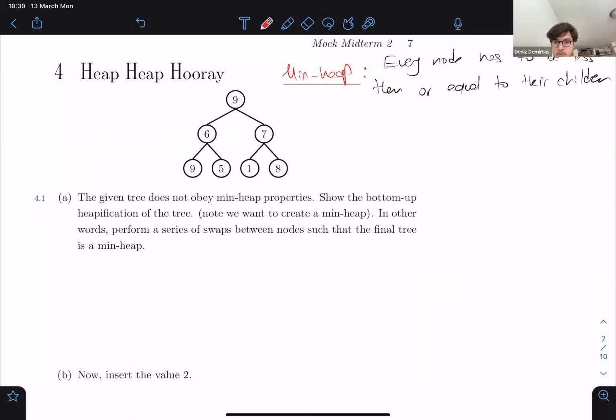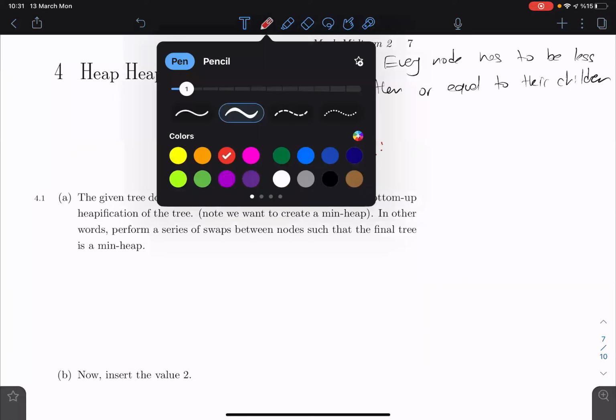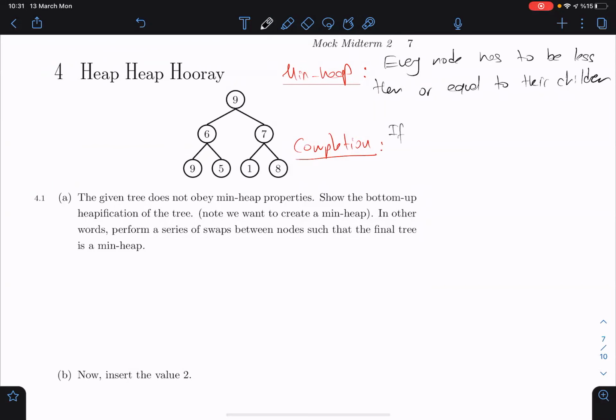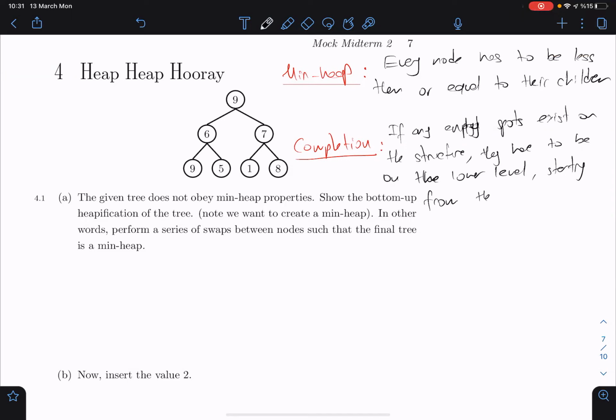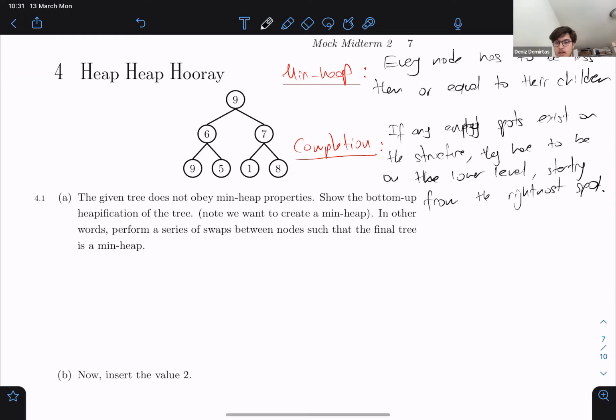And finally, we have the completion property, which asks us that if any empty spots exist on the structure, they have to be on the lower level starting from the rightmost spot. What I mean here is that